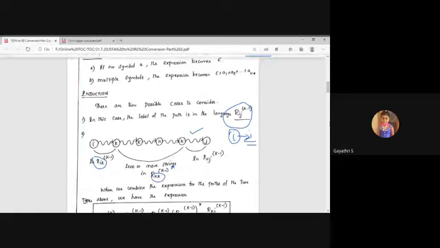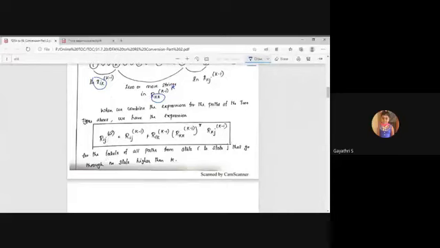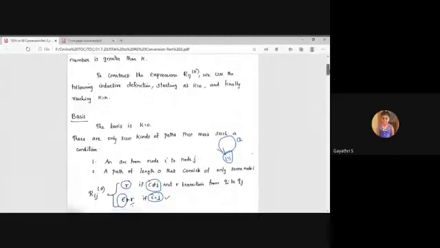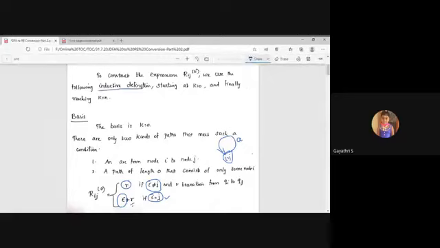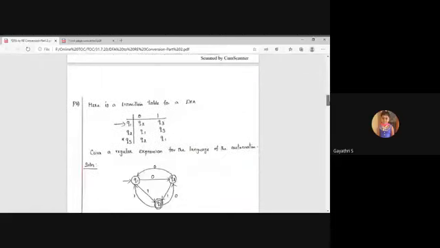Collaborating all things, we have rewritten the final formula as Rij of k equal to Rij of k minus 1 plus Rik of k minus 1 into Rkk of k minus 1 whole closure and Rkj of k minus 1. So this formula is used in the induction part. This is your theorem which belongs to the Rij method. The theorem has two parts, since you are proving it using an inductive proof: the basis part and the induction part.